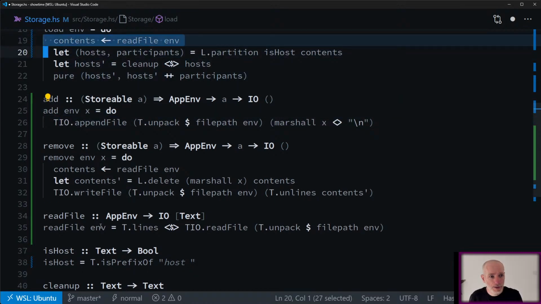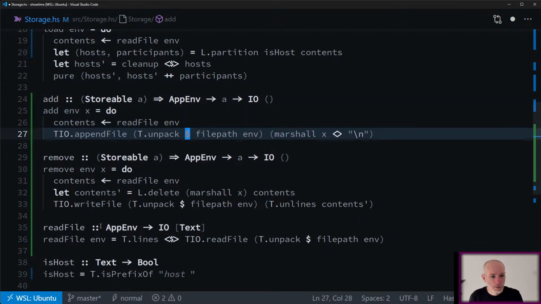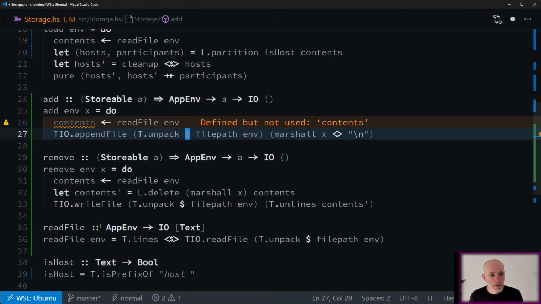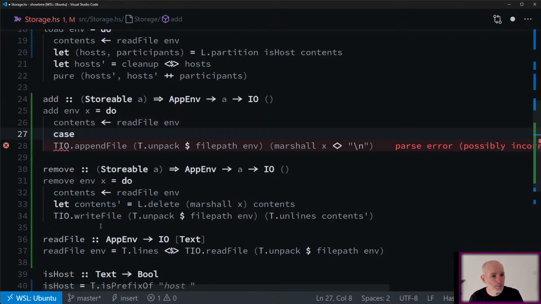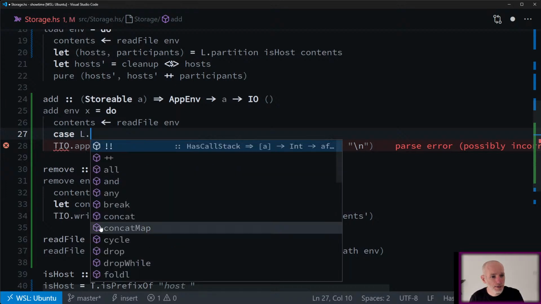We want to get the contents out. And then if we cannot find the marshalled text in the current file, then we will append it. That's what I want to say. So we can say case l.find.